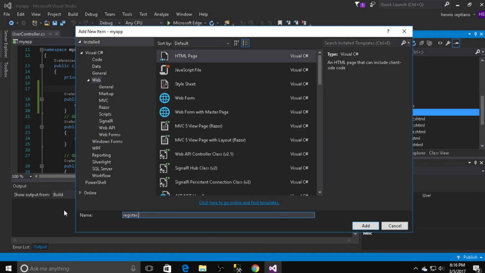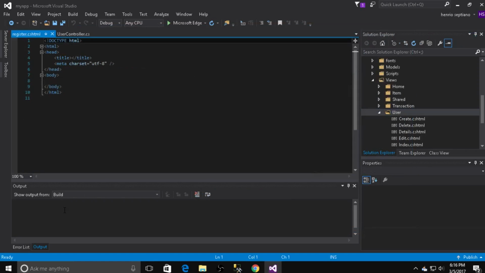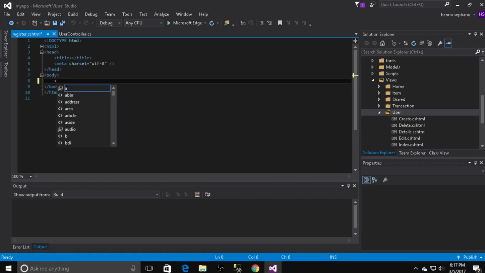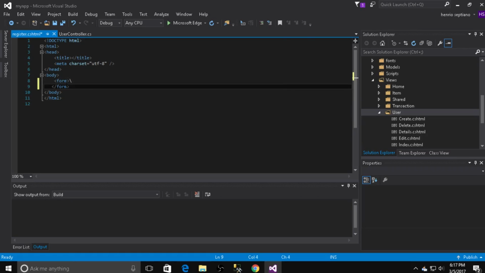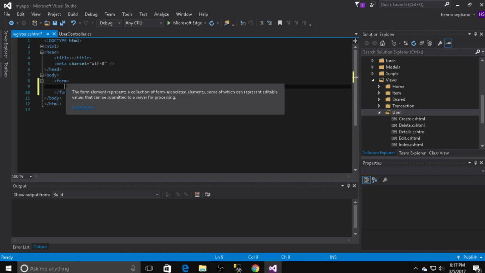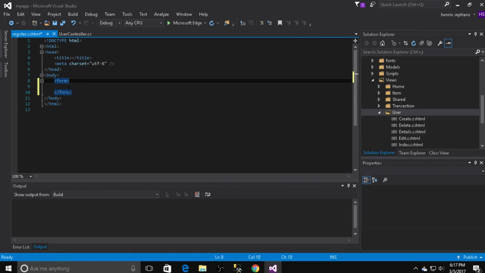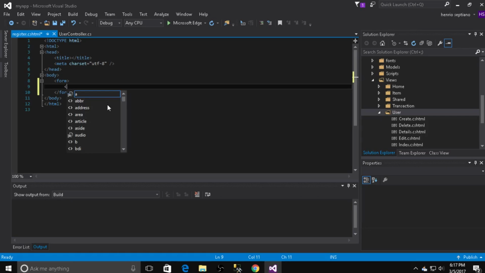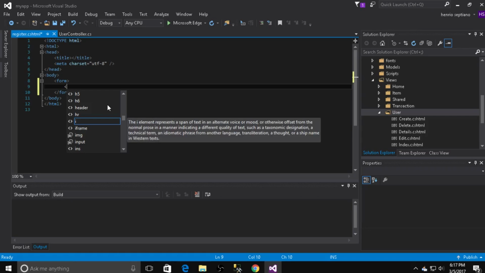register.html, sorry, cshtml. Need to use the form tag. But since we are using API, we don't really need a method and ID, because I need to set it in the JavaScript file with its Ajax. If you don't know about Ajax, just watch this video still, and need to make the layout for the register